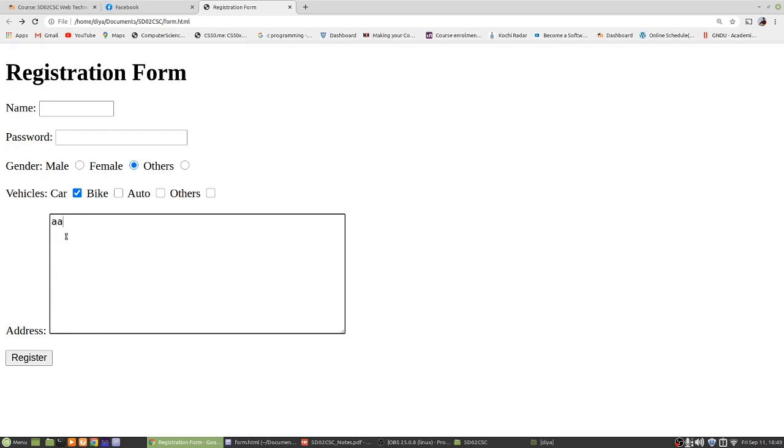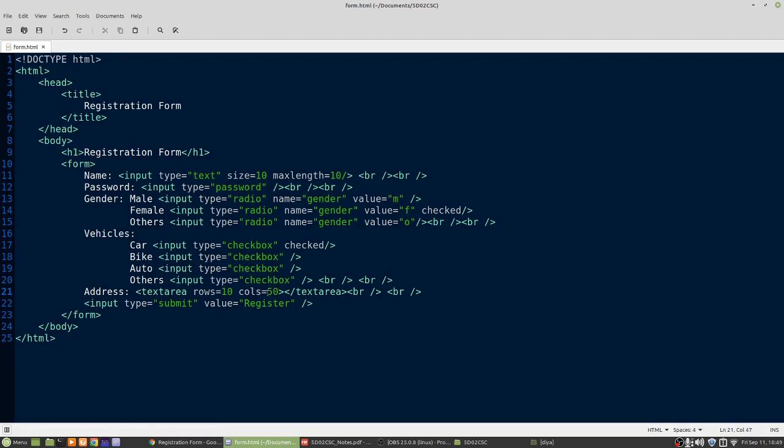You can enter up to 10 lines here, and 50 letters can be displayed, that is specified in the cols field. So basically this is the height of the textarea and this is the width of the textarea in number of lines and number of characters. So these two attributes can be used if you want to specify the height and width of the textarea.